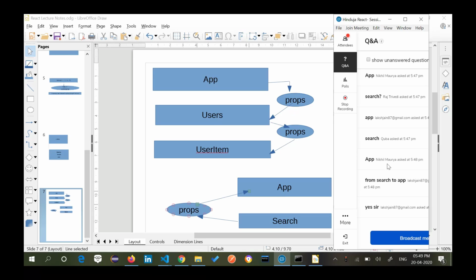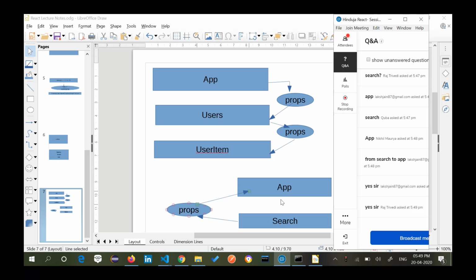Are you all clear what I'm trying to say now? I have a text field in the search bar, in a search component. The data is supposed to pass from search to app, so that app can actually make the call ahead. So the data is passed from a lower component to a higher component, again using what? Props. But this time we are passing it in a different way.